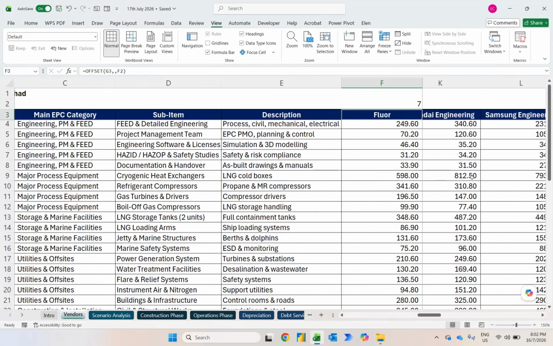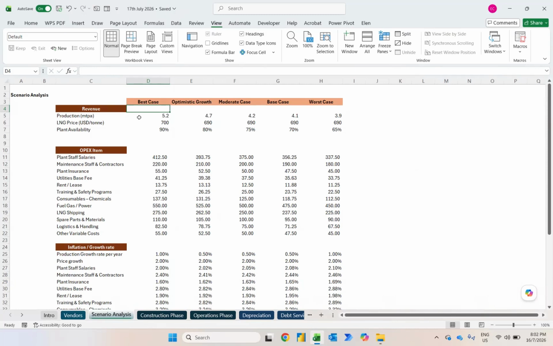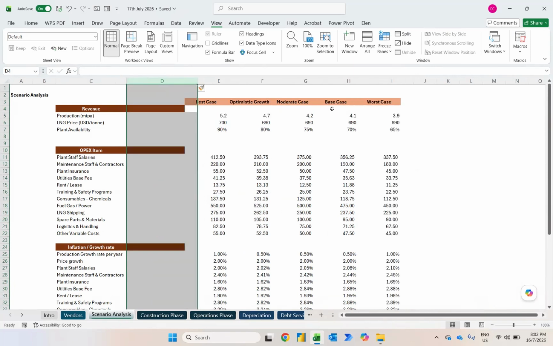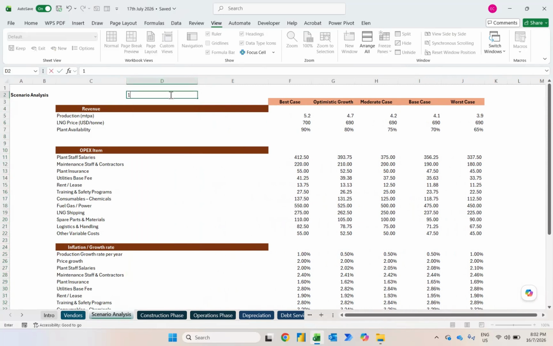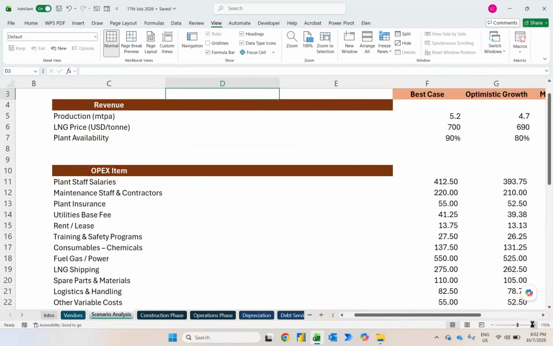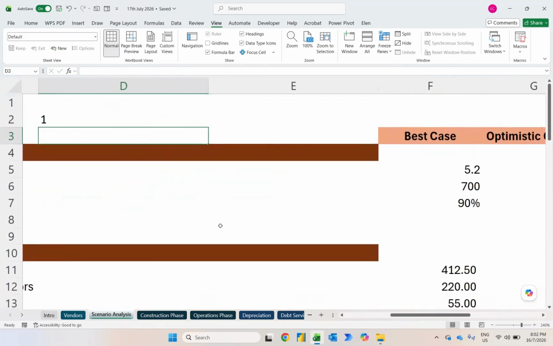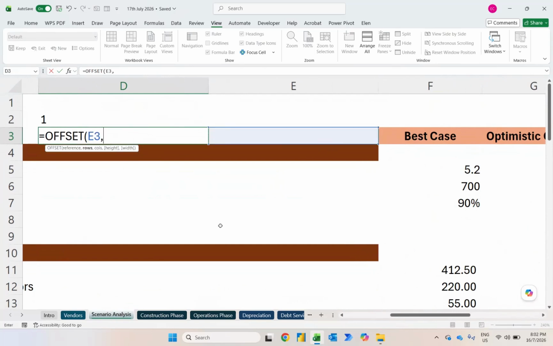Let us do one more time. Now we have best case, optimistic growth, moderate case, base case, worst case. I press Ctrl+Spacebar, which highlights the entire column. Ctrl+Shift+=, in this case it will insert the column. Over here I'll write number 1, and I'll zoom in so that you can see clearly. In this particular cell, equal OFFSET, and then the reference will be E3, comma,